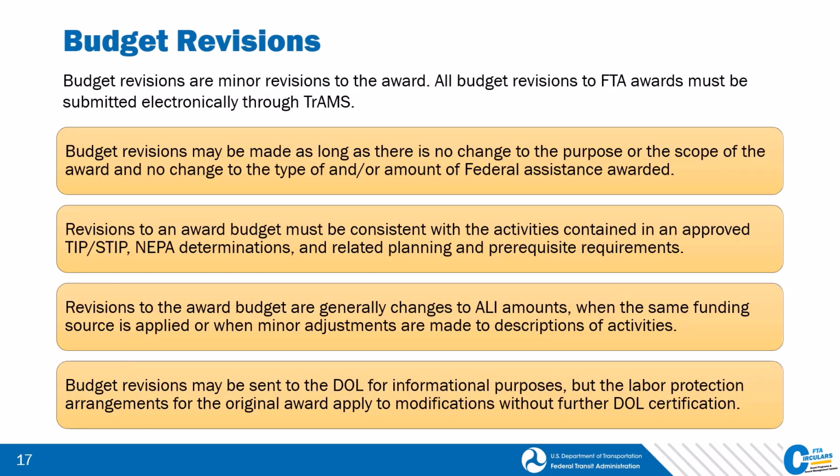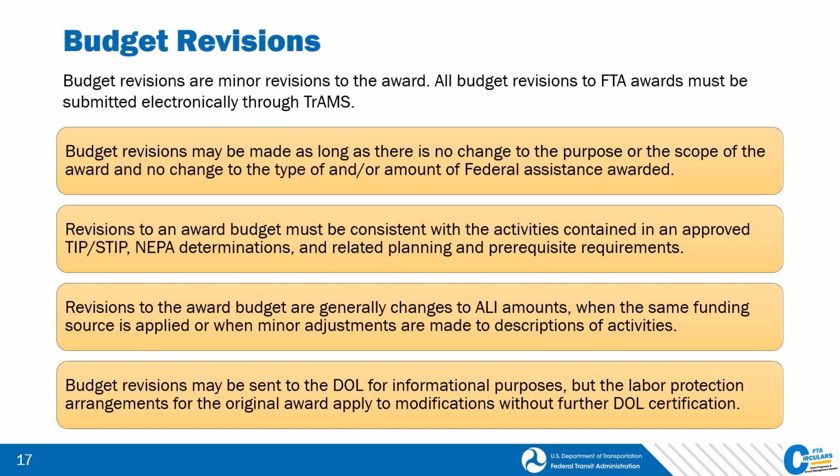Revisions are small. They are typically minor revisions to the award. Budget revisions may be made if there is no change to the purpose or the scope of the award and no change to the type and/or amount of federal assistance awarded. Budget revisions must be consistent with the activities in an approved TIP and STIP, NEPA determinations, and related planning and